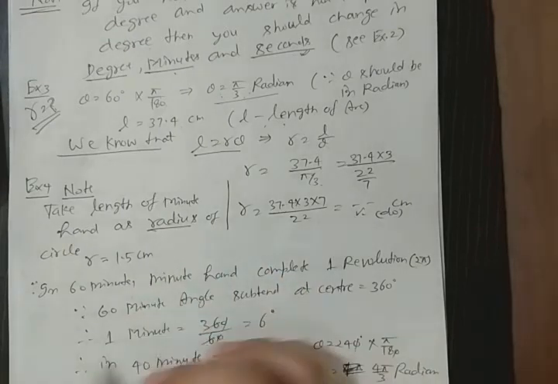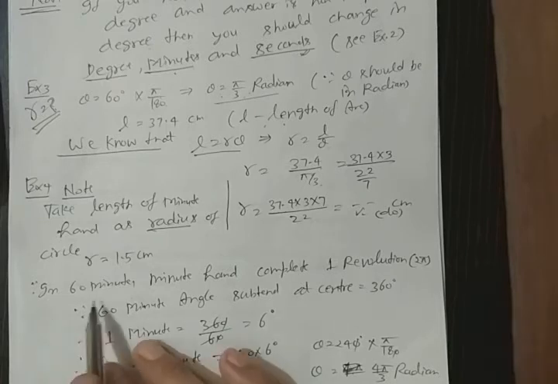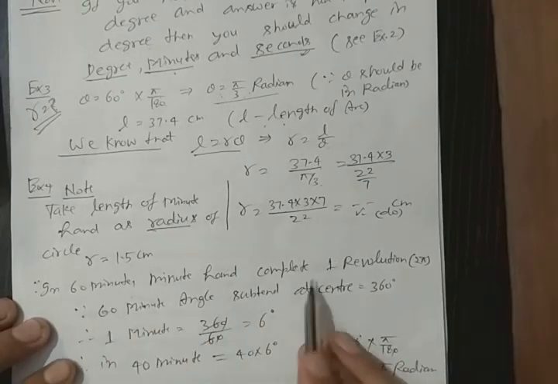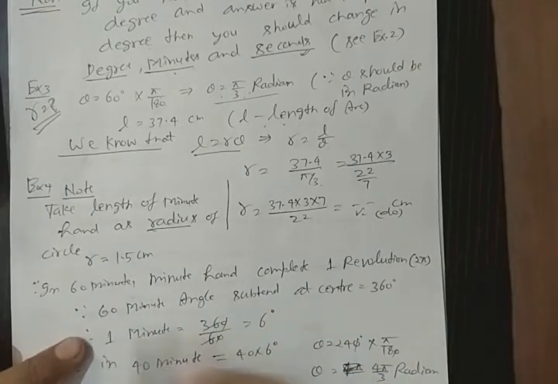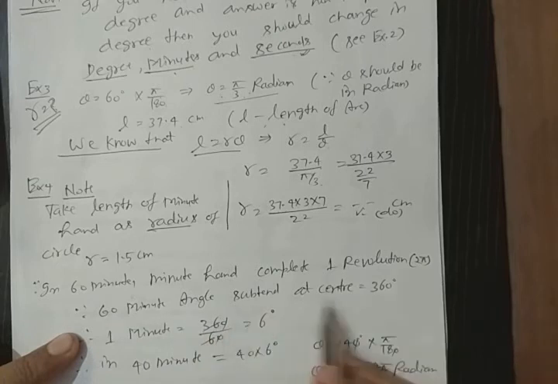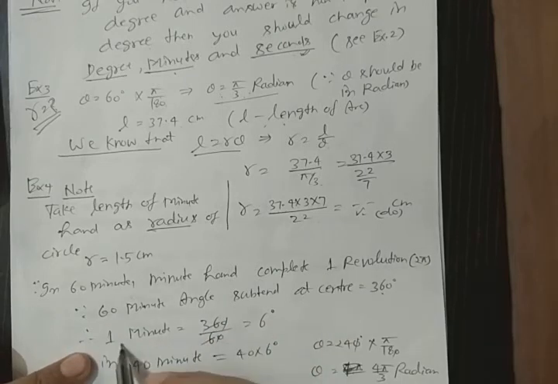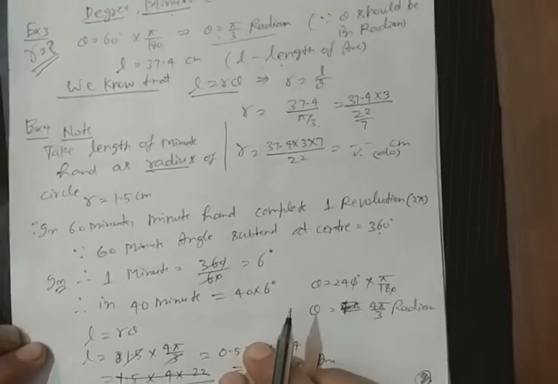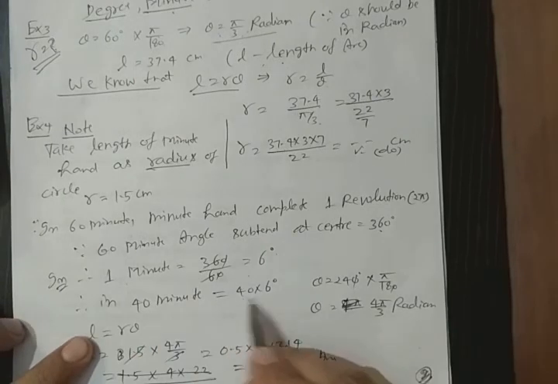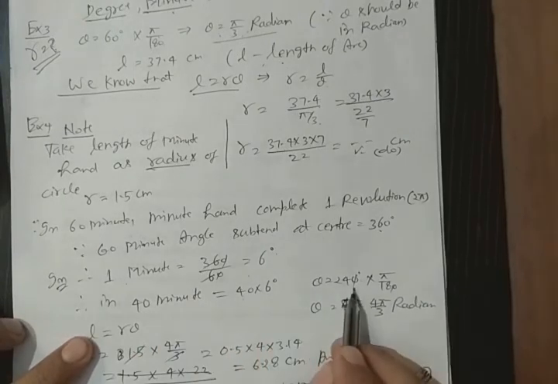ये कह रहा है इसका टिप जो है मिनट हैंड का 40 मिनट में कितना लेंथ ऑफ आर्क मूव करेगा. So 40 minutes is the time, since we know that in 60 minutes the minute hand completes one revolution. मिनट हैंड 60 मिनट में कंप्लीट 360 का एंगल मूव कर जाती है. 60 मिनट में एंगल सबटेंड एट द सेंटर इज 360 डिग्री. सो इन 1 मिनट 360 अपॉन 60, दैट इज 6 डिग्री. सो इन 40 मिनट it becomes 40 into 6, so it is equal to 240 degrees.